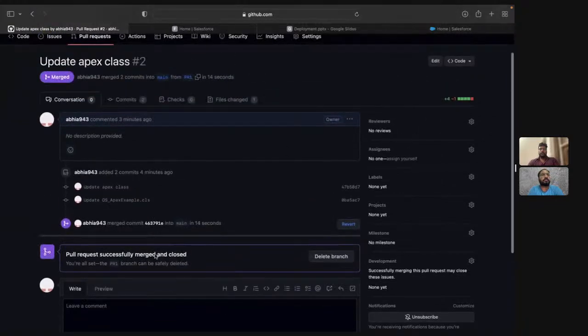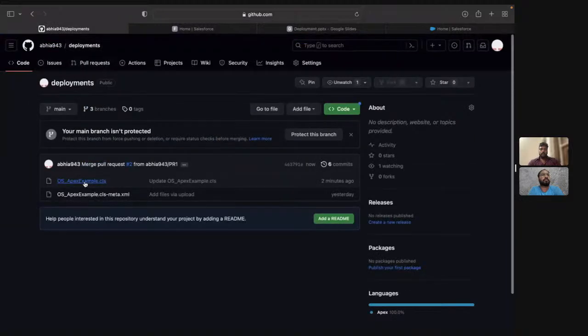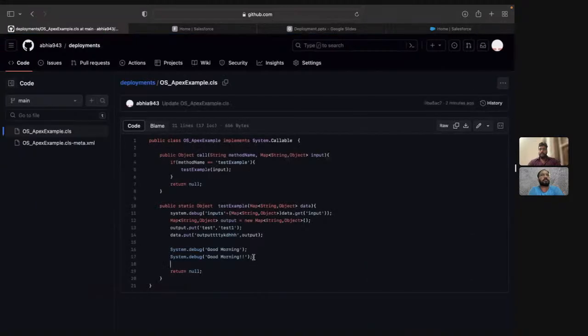And as soon as your tech lead or senior has merged your pull request, then again you can go to the deployments, and you just go to this. So we have made changes into this Apex class. Previously those two system debugs were not there. Now those two system debugs are there. So this is how you can